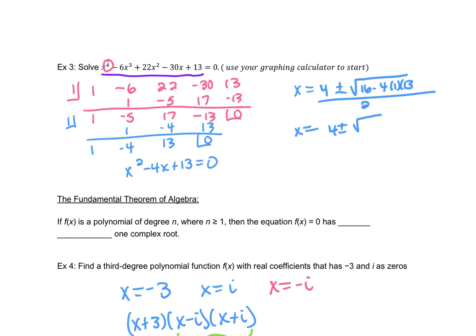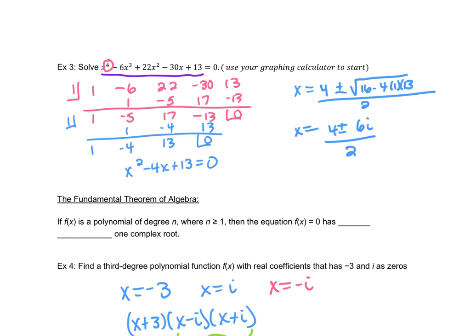Okay. 16 minus 4 times 13 ends up being a negative 36. I'm going to skip that step, sorry, because I'm running out of room. So that gives us 6i all over